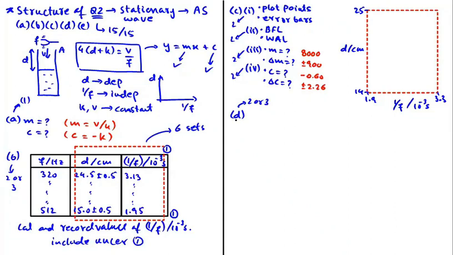To understand the structure of part D, we will have to look at the equation given at the start of the graph question. See students, at the start of this graph question, we have been given this equation. In this equation, T is dependent variable, K is a constant, V is another constant, and 1 over F is the independent variable. In D part of graph question, students, we are always asked to determine the values of the constants, their uncertainties, and their units.